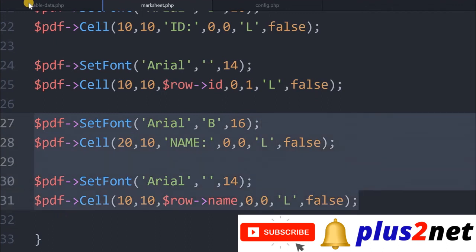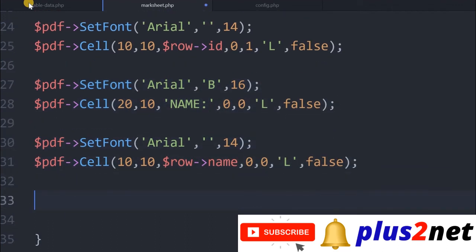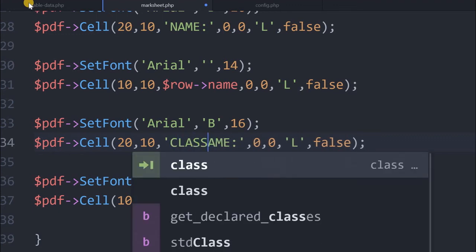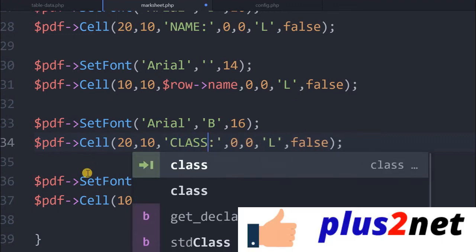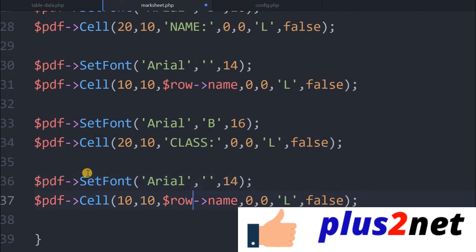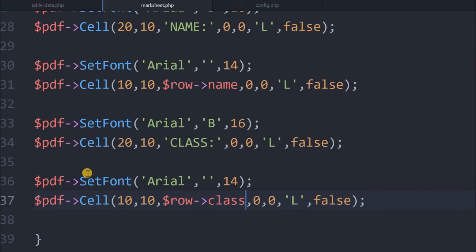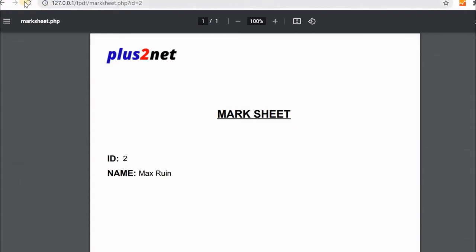Now next I want is class. So I will copy this and paste it here. Here I will say class, and here in the record what I am getting is class. Okay, I saved it. Now let me refresh it and see.